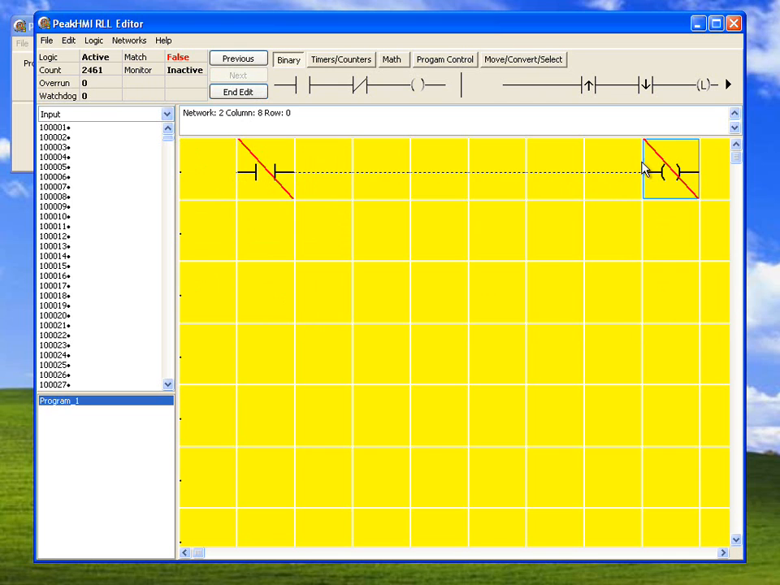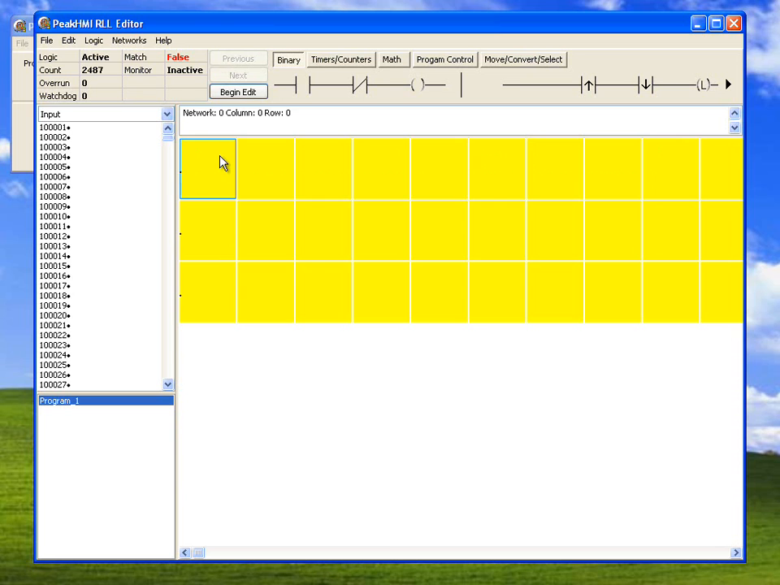I'm going to delete these instructions to show the other mode. So as you see, we have 3 networks and they're empty. The other mode